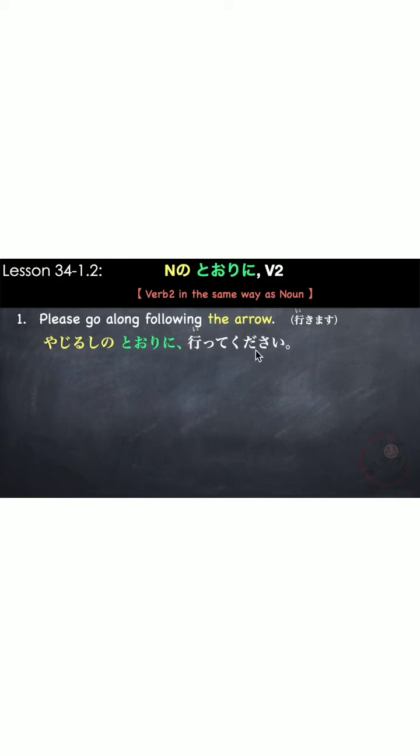Next is using the same pattern, but this time we are going to use noun. So when we use noun, we have to add no before 通りに。noun の通りに verb 2. Verb 2 or do verb 2 in the same way as noun. For example, please go along following the arrow. Our verb is go or go along, 行きます。So first we have our noun, the arrow, which is 矢印。矢印の通りに行ってください。